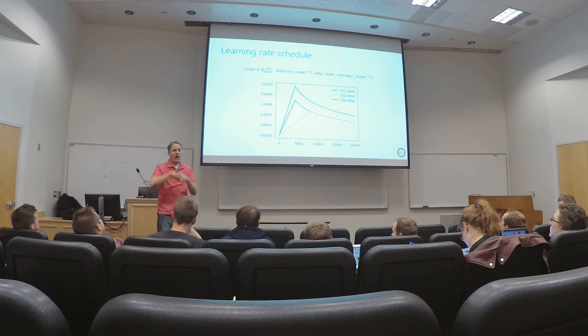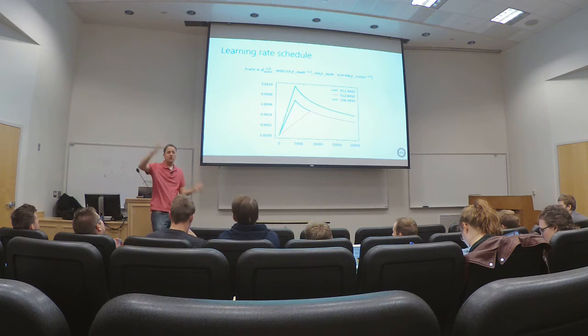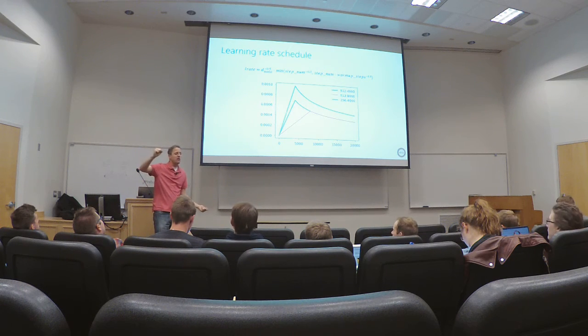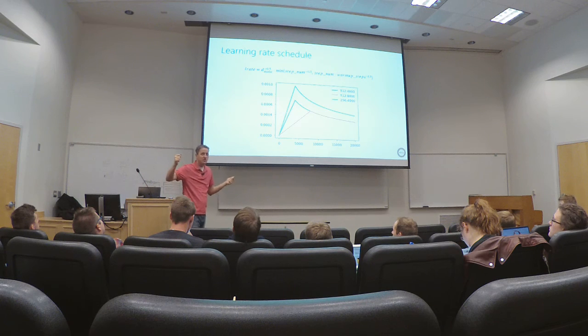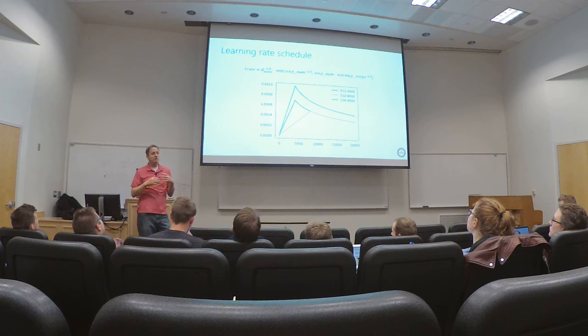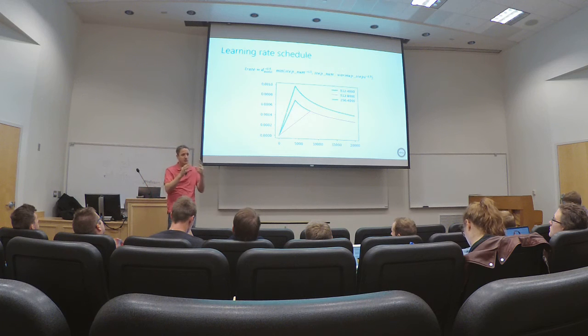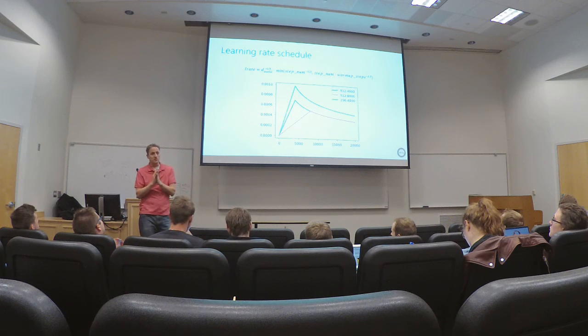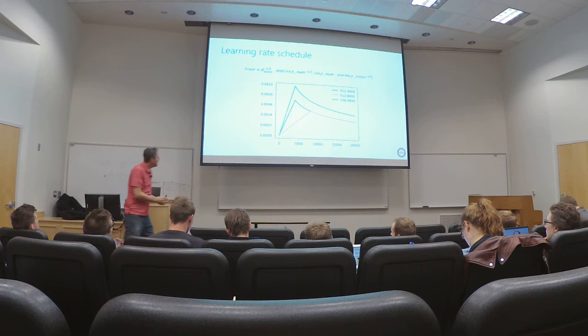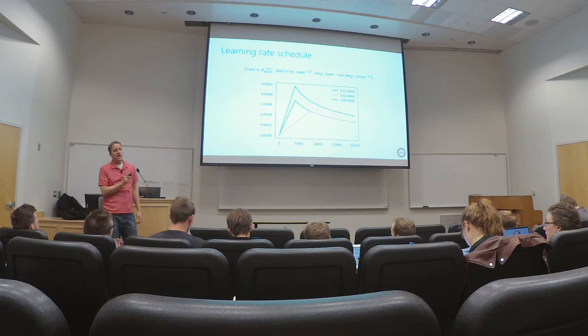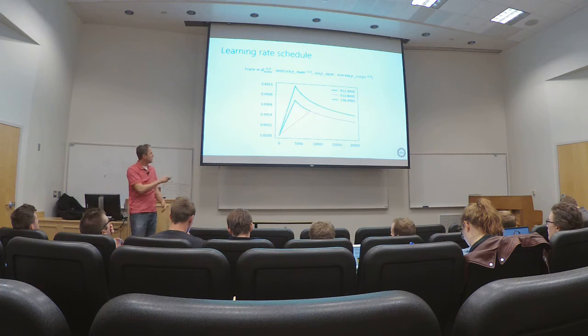At the very beginning, you're wildly inaccurate. Your model is way wrong, and so all of your errors are going to be very big. As that propagates through, that's going to give you very big gradients. And so if you take a step with a big learning rate and your gradients are really big, that's going to knock you into some crazy part of the parameter space. And might, for example, undo all of the careful initialization that you did with your weights. So at the very beginning, your gradients aren't that reliable, and you don't want to take very big steps because it'll knock you to crazy places.